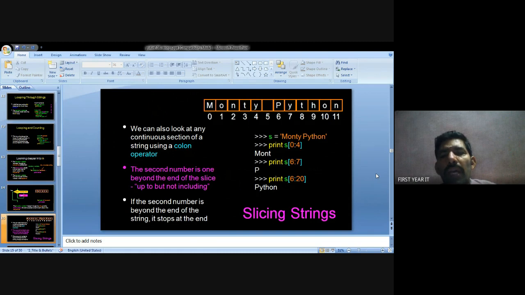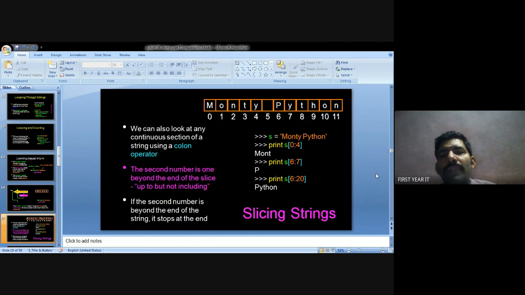After that, print s of 0:4. The slice 0 to 4 means the value printed is Mont, M-O-N-T. Then next, print s of 6:7, the string values from 6 up to 7.